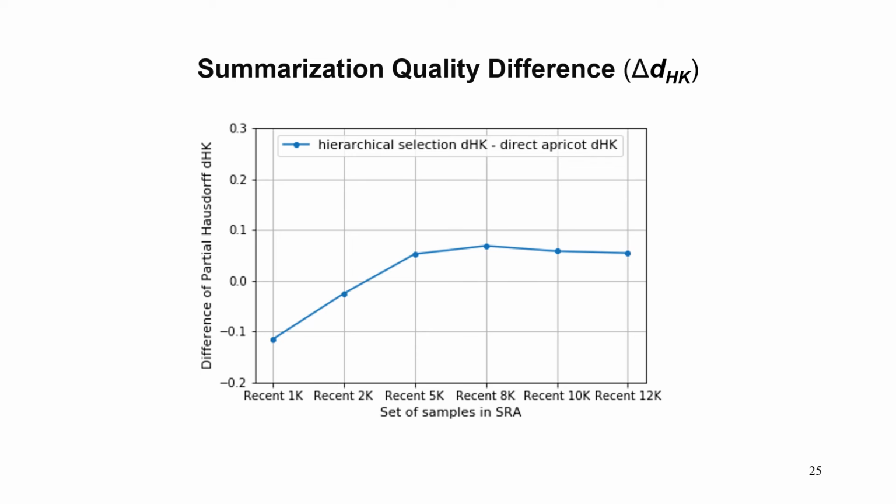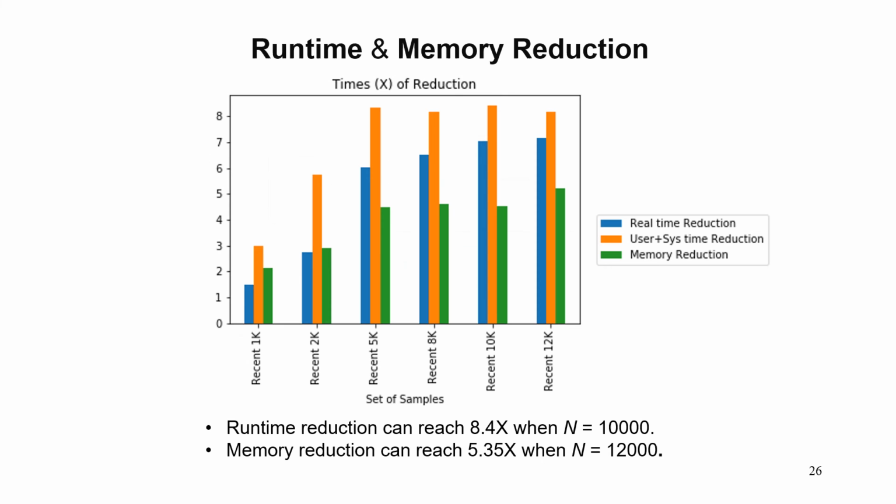And importantly, the summarization quality difference between hierarchical selection and direct apricot does not get larger when the full set size further increases. Hierarchical selection substantially reduces the runtime and memory usage of direct apricot. Here is the runtime and memory reduction with hierarchical selection over direct apricot using the most recent samples. We also have the results for using early time and mid-time samples, which are not shown here. As the full set size increases, the runtime reduction and memory reduction generally increase. The runtime reduction can reach 8.4 times for 10,000 samples, and the memory reduction can reach 5.35 times for 12,000